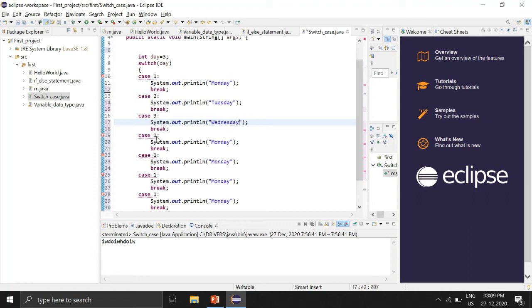If my spelling is wrong, please ignore that. Case 4 Monday, Wednesday, Tuesday, Thursday. Okay, my spelling is wrong. Case 5 Friday, case 5 6